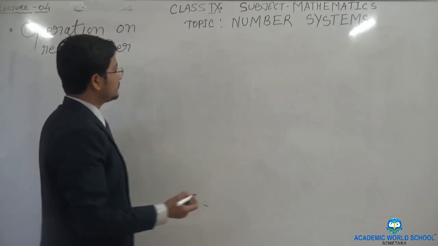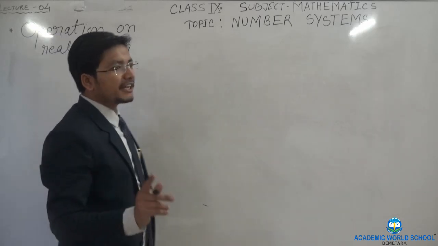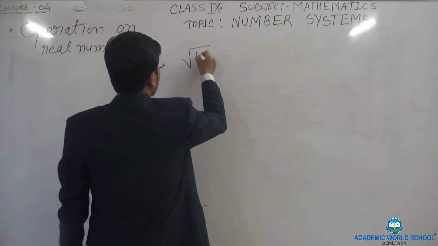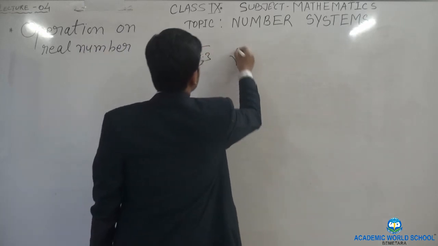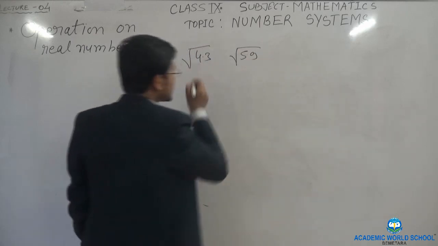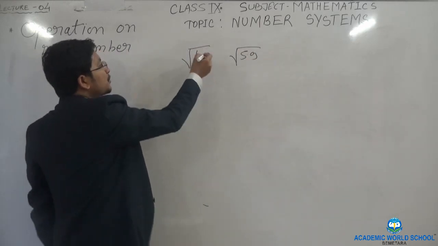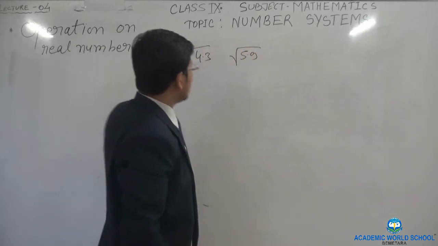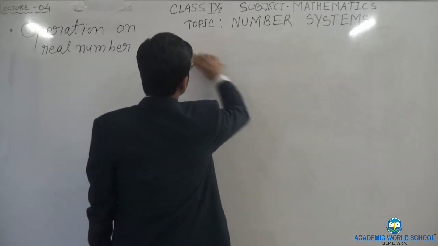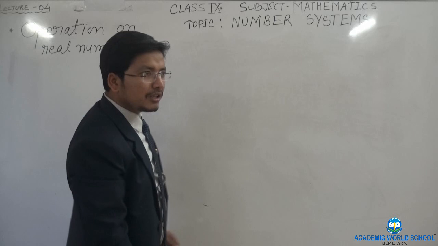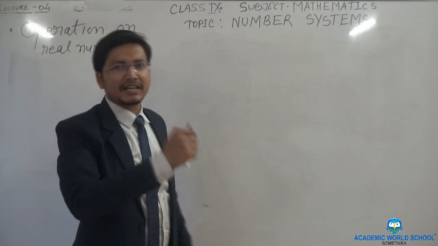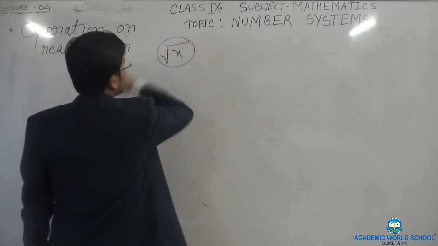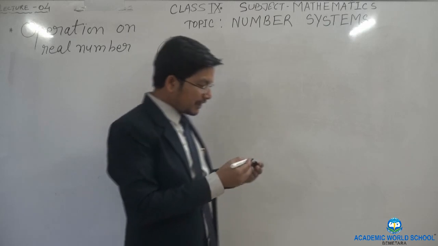Okay. So now we are going to locate root over like 4.3 or any number like 5.9 on the number line. Before we represent this number on the number line, I just want to show a proof of how we are going to represent root x on the number line. So let's say I have to locate root x on the number line. Then how are we going to do this?